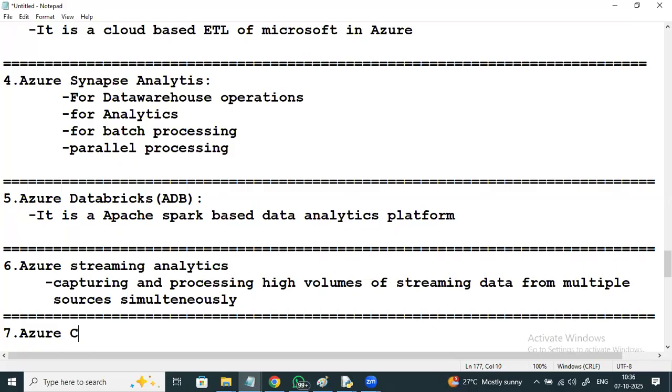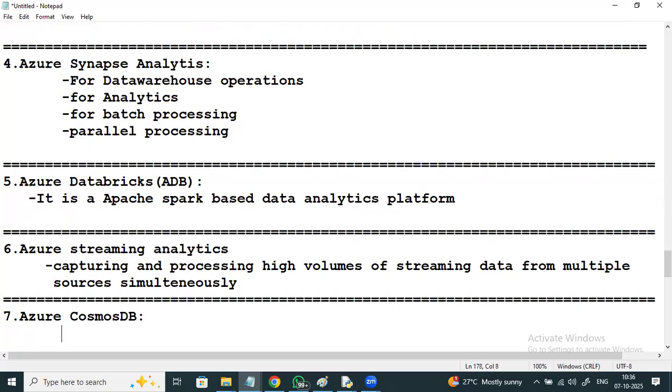Next, Azure Cosmos DB. In a simple way, it is a kind of NoSQL database, just like MongoDB. It is an Azure cloud-based NoSQL database.